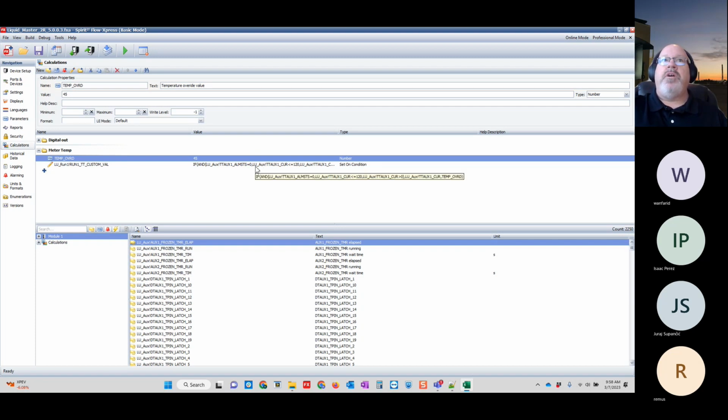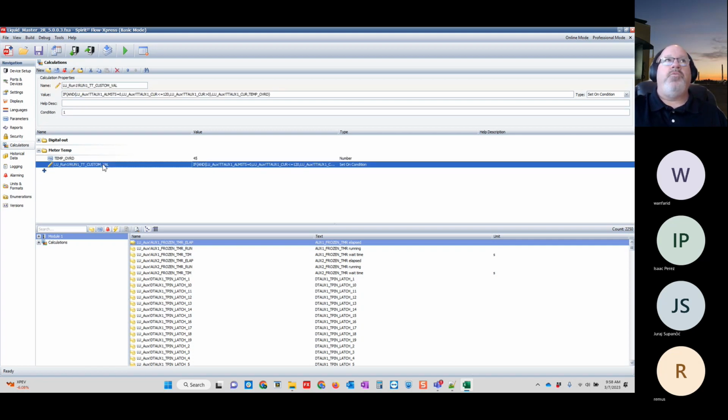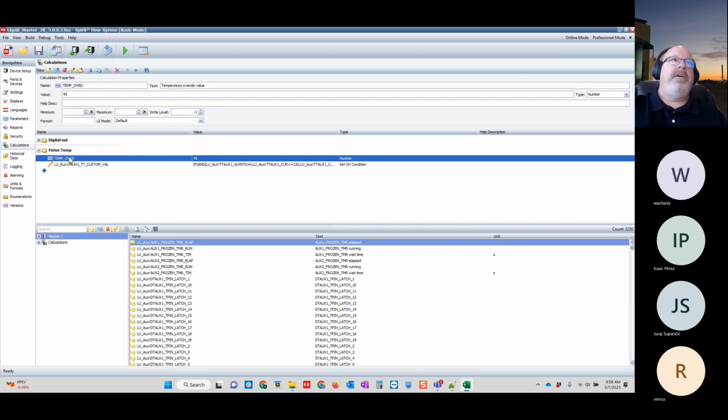And these examples are looking at an analog input, but what if instead of an analog input, I actually wanted to look at the value that was being written to me by some other device? Well, I could create a holding value, and let's say that holding value is this temperature override. I could put this tag, temperature override, on a calculation sheet and use it as Modbus, because this tag internally in the